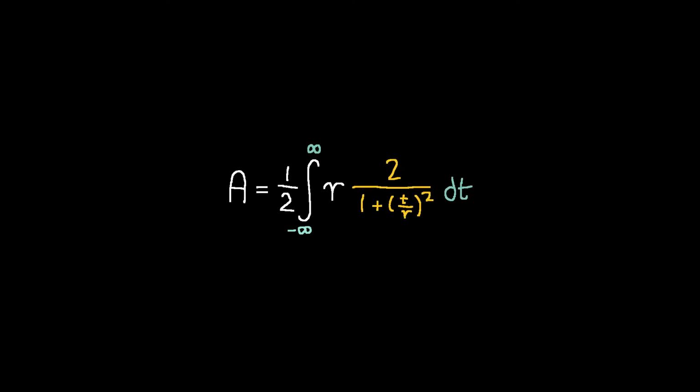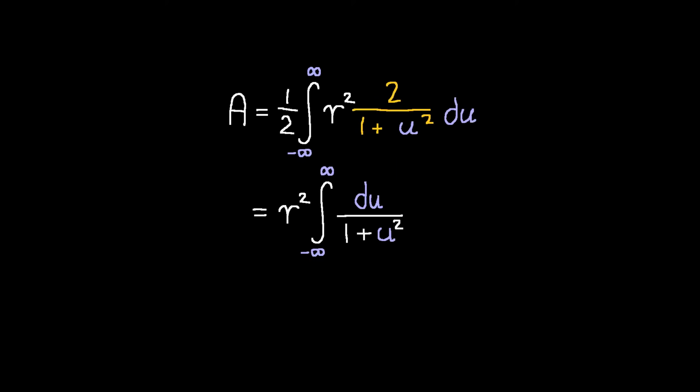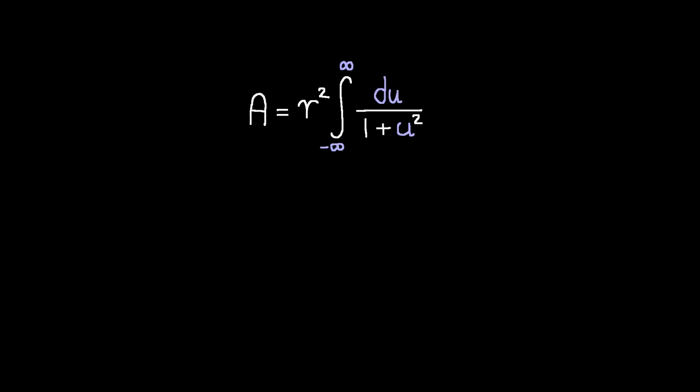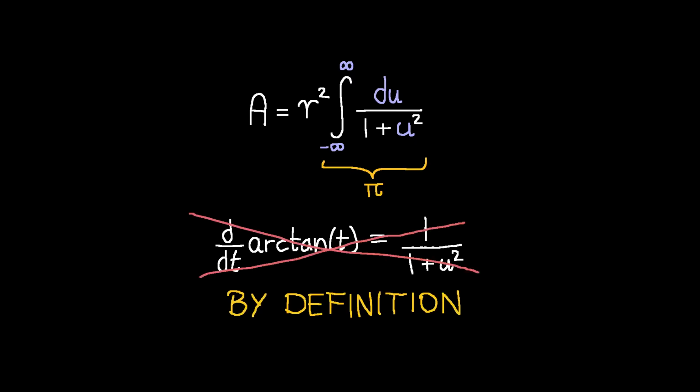We can simplify further by factoring out r squared from the numerator and the denominator, making the substitution u equals t over r, and pulling out constants, leaving us with this simple integral. We recognize this integral to be pi, and at this point you might be tempted to verify this using the fact that the integrand is the derivative of arctangent, but what I am going to do is to define this